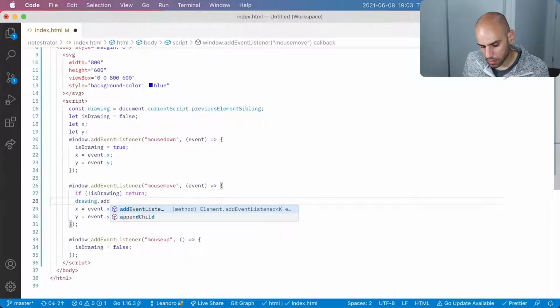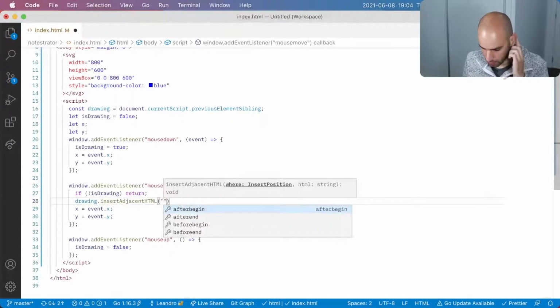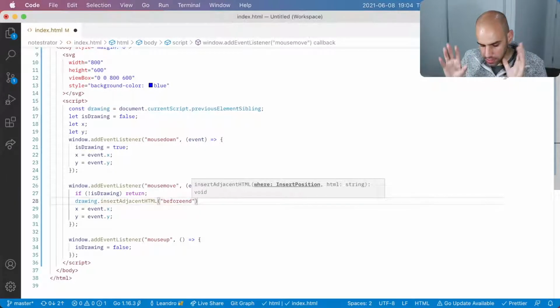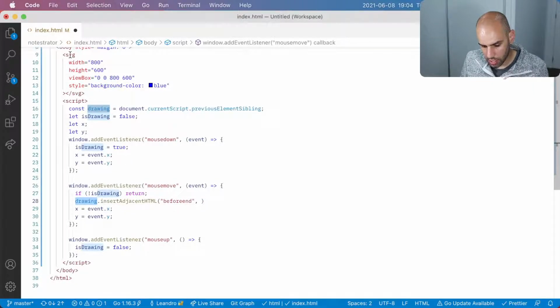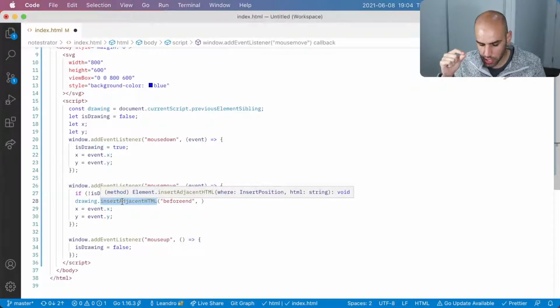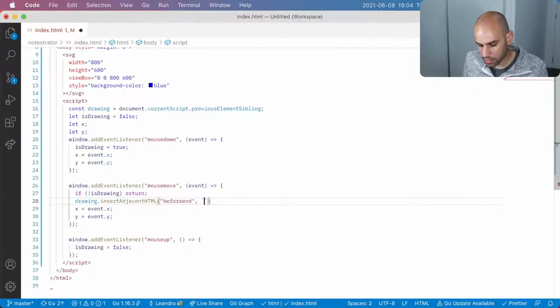I can add, no, it's insert, not add. So I can insert adjacent HTML before end. So what is this incantation? Let's talk about what's going on here. I have a hold of the drawing, and it is an object that represents my SVG. And there is this method called insertAdjacentHTML. With insertAdjacentHTML I will provide it some HTML. So I will provide it something like,